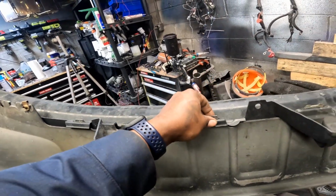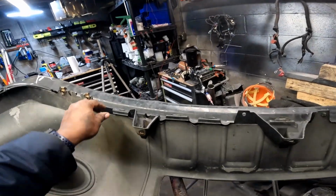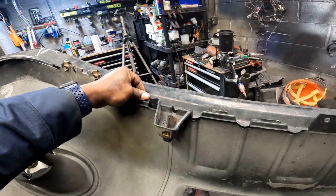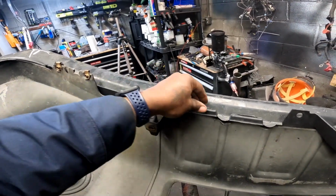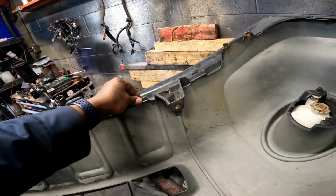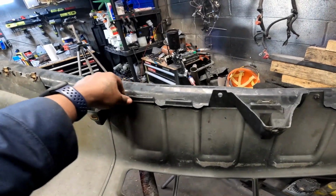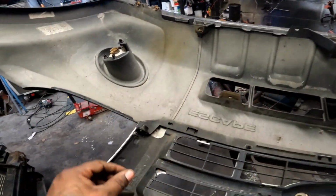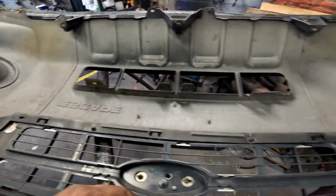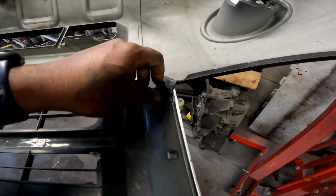I really don't want to sit, so I still got a little bit more work to do. I can leave that how it is. Keep popping back up. But that's better than what it was. So I glued all that back together. I had to glue these tabs on here back on there so I can screw this back down onto the grill,